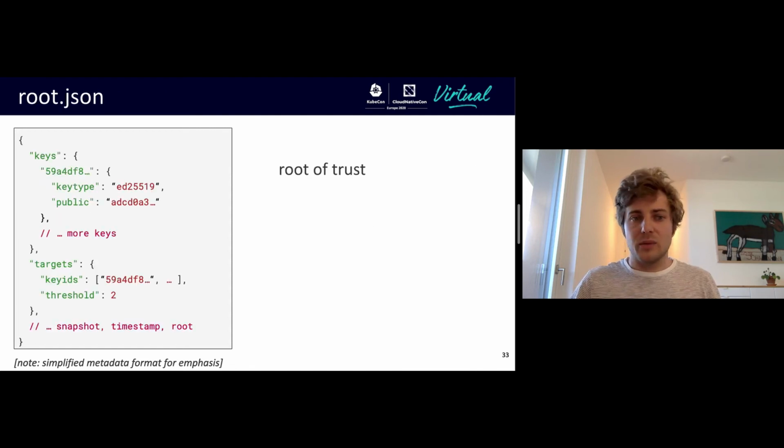And last but not least, we have the root metadata file. It serves as root of trust. It has a built-in public key store. That means it lists all the keys that are used for signing metadata in a TUF-enabled system. Only the public portions of those asymmetric keys, of course. And the client can use these keys to verify the metadata.